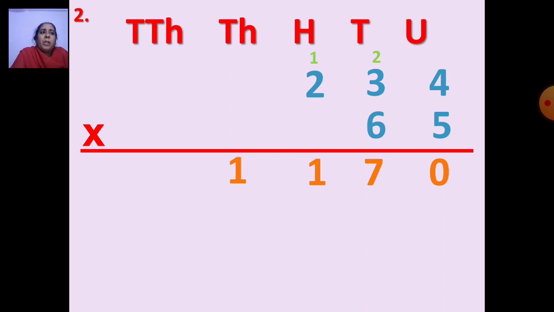Now we have to multiply second number. Okay, before multiplying second number, remember what we have to put. You have to put 0 in units place. Okay, and then only you are going to start multiplication. So now you will multiply 6 4s. So you have to say table of 6. 6 4s is how much, children? 24. So 4 will come down and 2 will go in tens place.